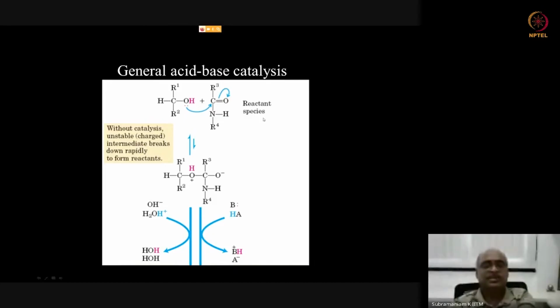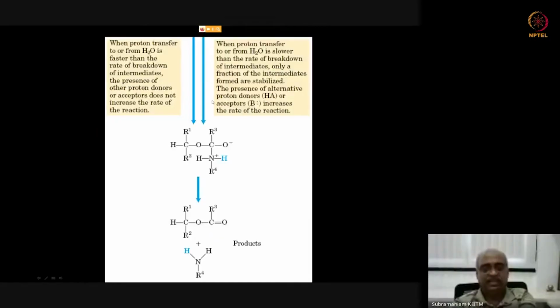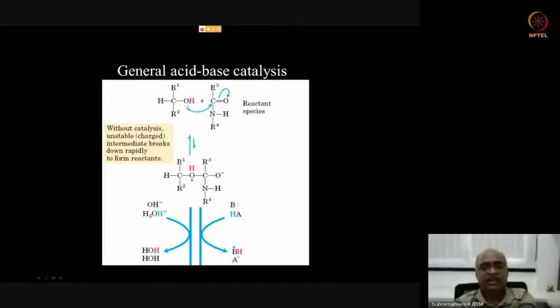This is what you call general acid base catalysis, where the proton donor or acceptor is not water but something else. Here the catalyst, by temporarily accepting a proton or temporarily providing a proton, stabilizes an unstable intermediate structure, and then the reaction can move forward. If you follow the electron flow as well as the color of the atom, from where the proton comes, then you will understand how the